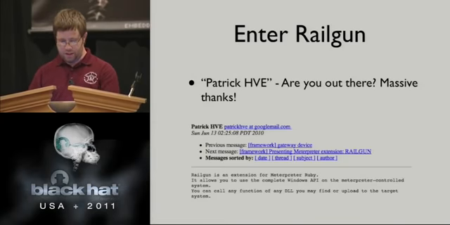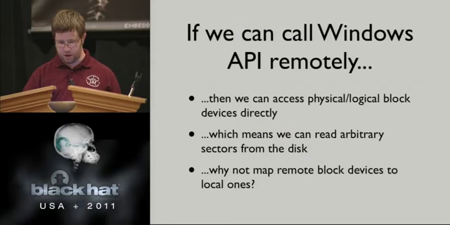And this is his original posting on this. This is as much information as I could find on this guy as possible. So I didn't really go too deep into dropping docs. If I do, you'll find it on Pastebin later. So if we can call the Windows API remotely, then we can do some interesting things. We can do essentially anything that our forensic software would do. All it does is open file or create file on physical devices and partitions and things like that and read from them.